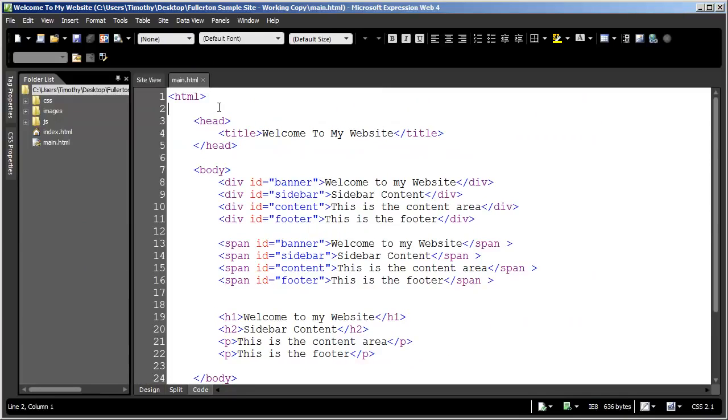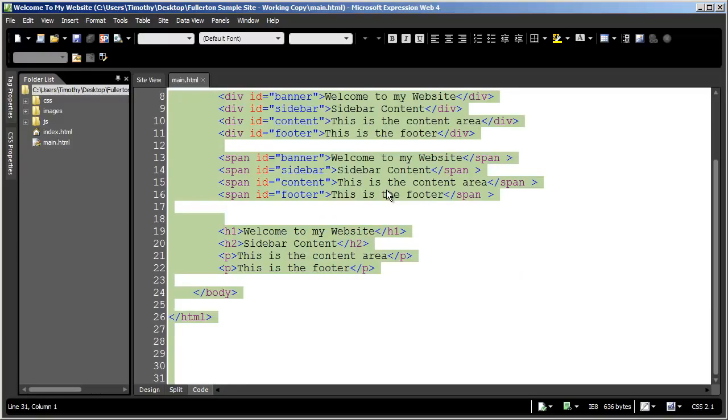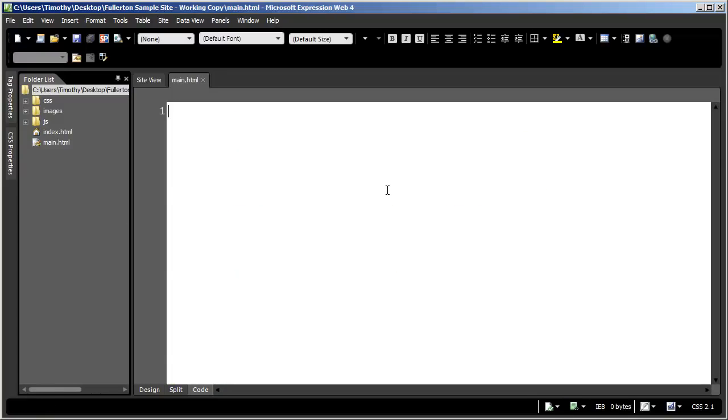Now, I'm going to go ahead and we're in our main.html file, and I'm just going to select everything and delete it. So we start over with a nice, fresh, clean HTML page. And we're going to go ahead and add the code to set up the structure for this page. Now, if you've downloaded my framework, you're going to have a little bit of a head start on this because you're going to be able to just copy and paste some code into this page. If not, you're going to need to pause the video and go ahead and type in some information as I